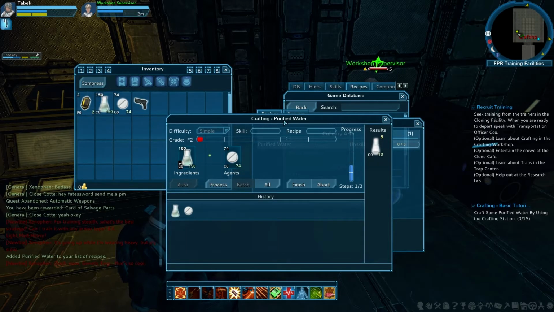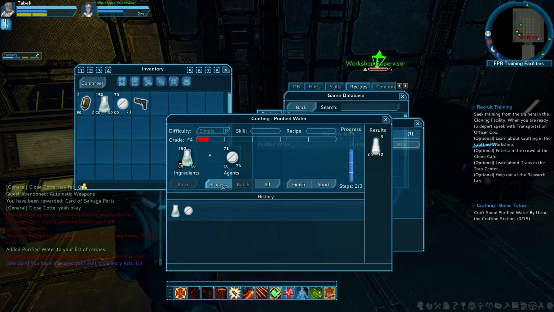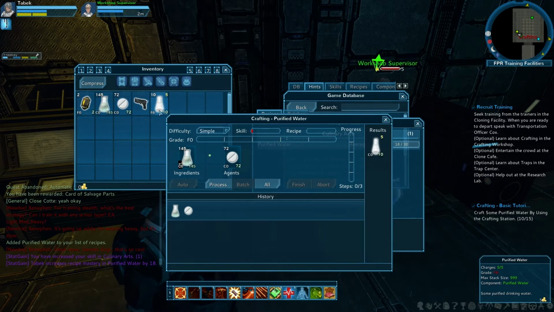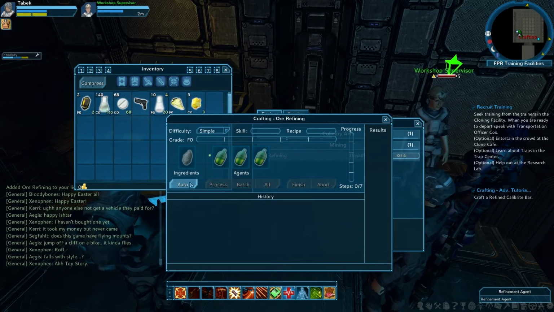Next, I went to the crafting area, which is really the best part of this game, I think. The crafting works like gathering. You can improve the quality of the finished product based on your skill and the quality of the ingredients that you're using. During the refinement of gathered resources, you can actually